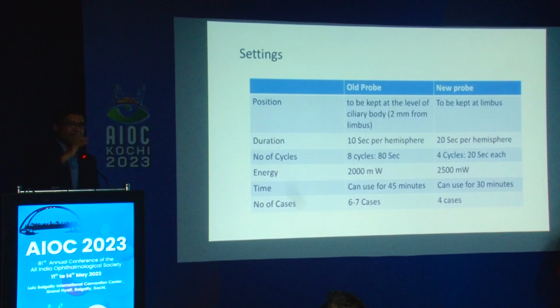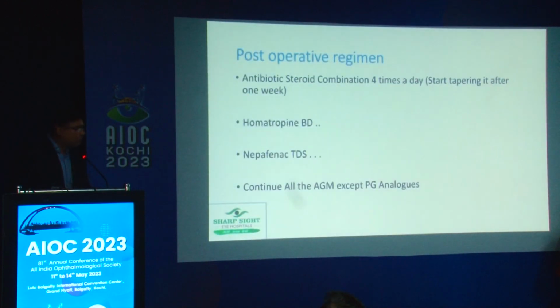With the new probe, you can do a quadrant technique also. They basically recommend it as a quadrant technique, but with the old probe also you can do a quadrant technique. The post-operative regimen is almost the same as what we use, but I usually give homatropine also,